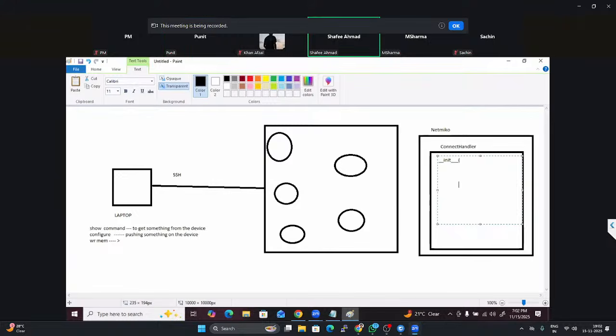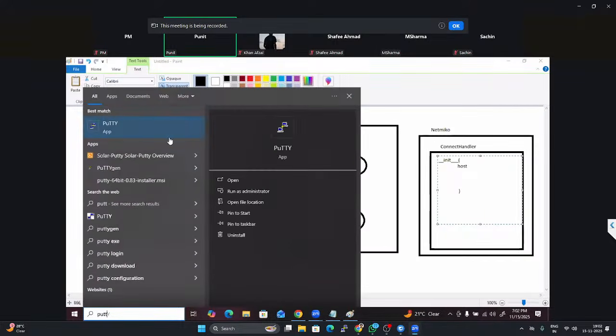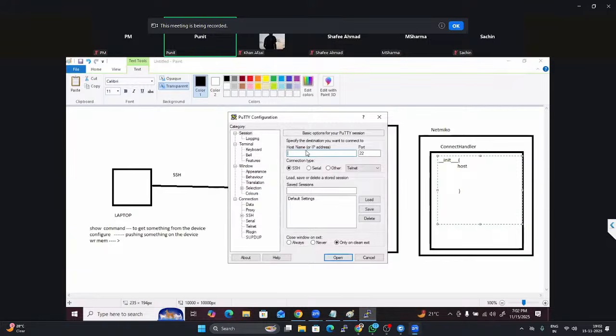Host name, sorry, we should have the host name, host address, right? To build the SSH connection, suppose I'm going to open PuTTY and I want to make the SSH connection from any one of the devices. So first I have to put the IP address,